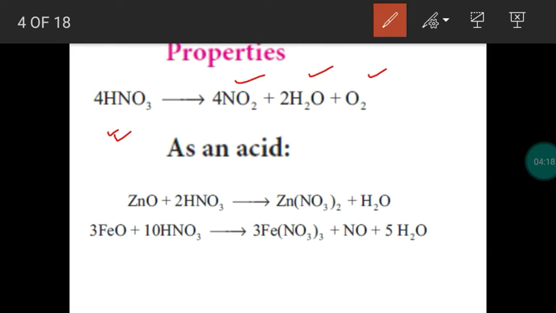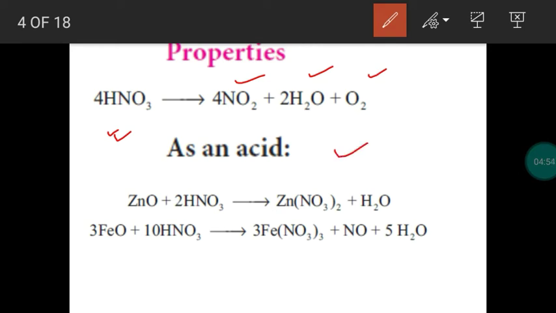Next, one more question. Nitric acid is a very good oxidizing agent and nitrating agent. There are 3 main characteristics for nitric acid. It has acidic nature, like other mineral acids, sulfuric acid and hydrochloric acid; it is also one of the mineral acids. Number 2, it is a very good oxidizing agent. Number 3, it is a nitrating agent. These 3 are important 1 mark questions. One by one we will discuss. This is a 2 mark question.